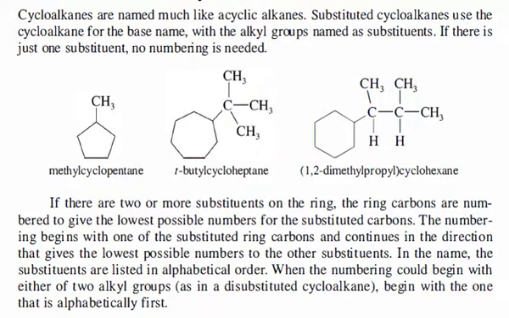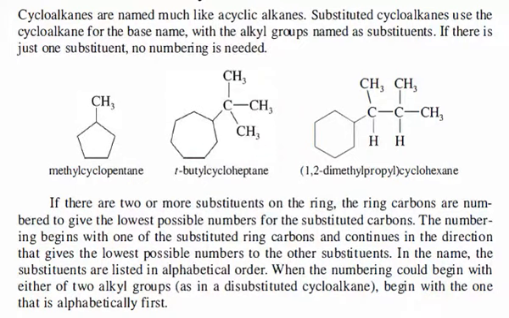The middle one, we have the ring, and how many carbons do we have there? 1, 2, 3, 4, 5, 6, 7 carbon atoms. So we are dealing with a cycloheptane. And we have the alkyl group, which is called tertiary-butyl. Tertiary-butyl cycloheptane. Because we have only one substituent, we just name it. We don't need to number it. So we have tertiary-butyl